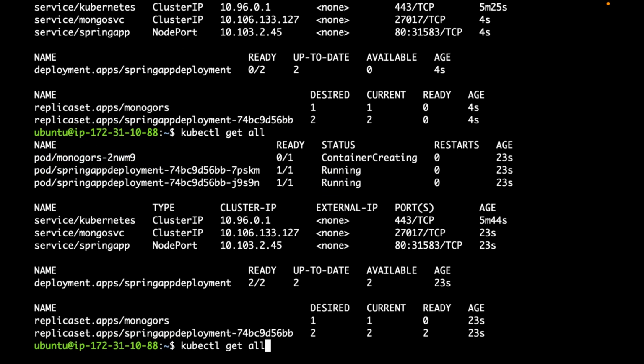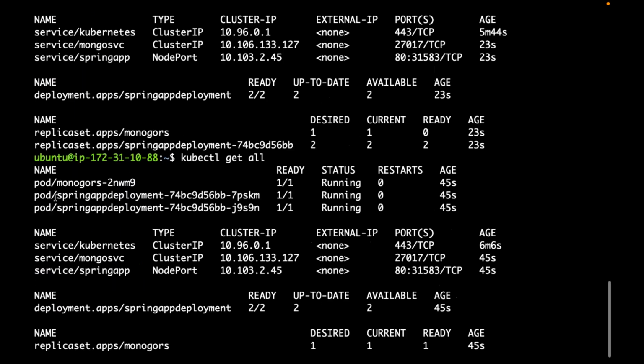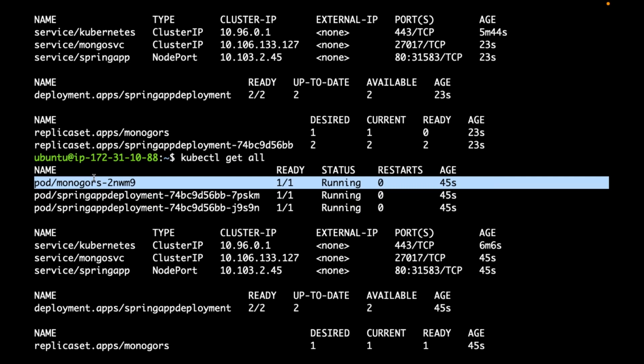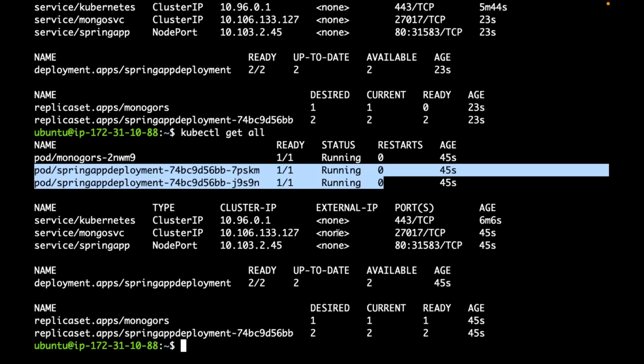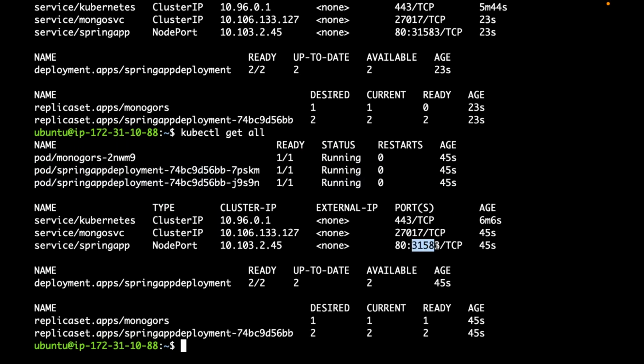Now, is my database up and running in my Kubernetes cluster? Now, if I want to access this application from outside the cluster, can I use this node port and node IP?